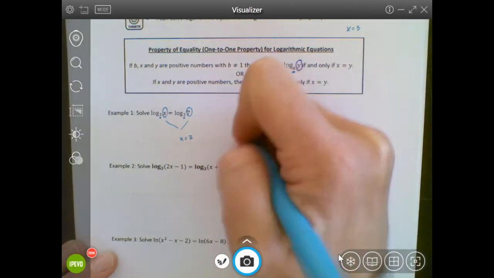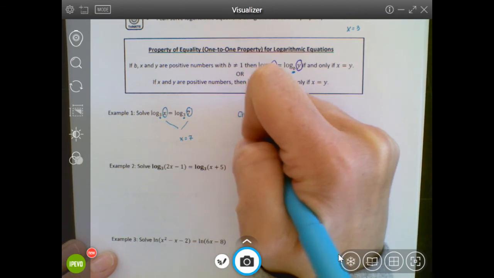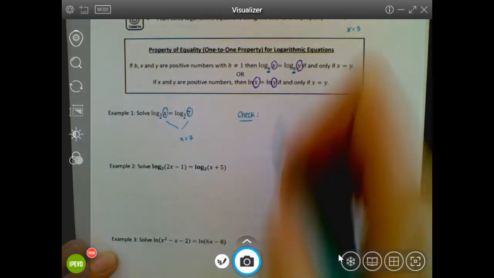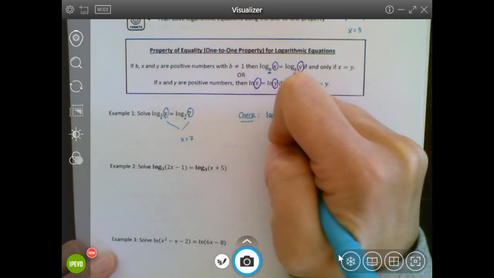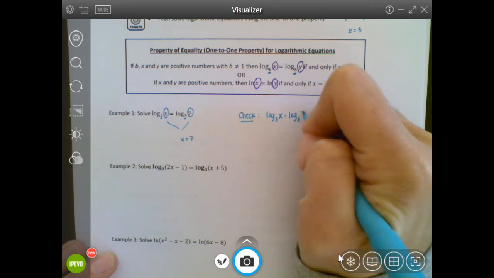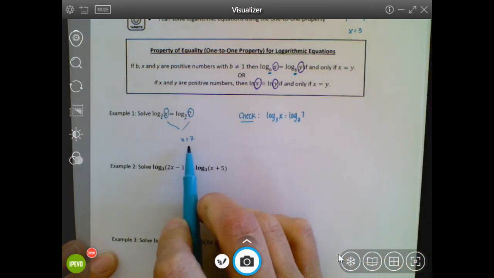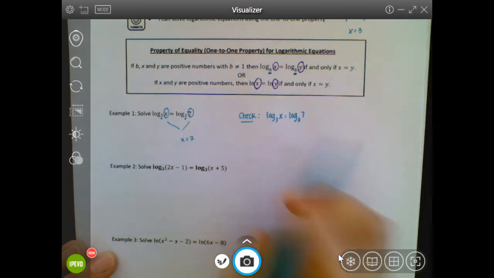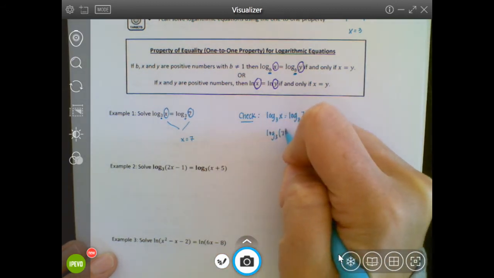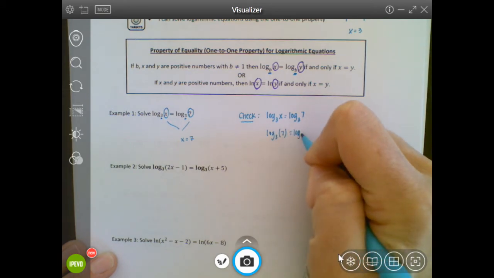And with these equations, you always want to make sure that you are checking your solutions, because there are going to be instances that the solution might not actually work. So I'm going to take my original equation, log base 3 of x equal to log base 3 of 7, and I'm just going to plug in what I got for the x value here just to check to make sure it works. So log base 3, I'll plug in my x of 7 equal to log base 3 of